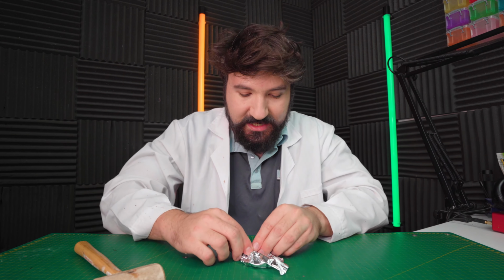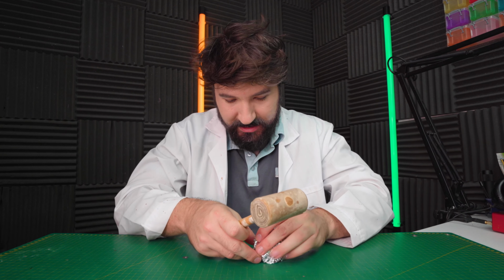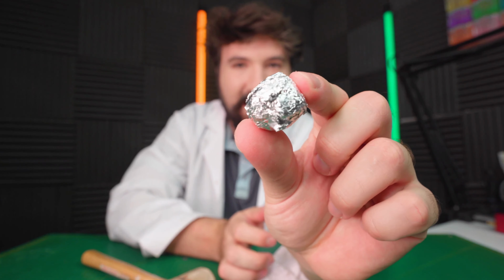Remember, this is just the inside of our ball. So we're going to keep wrapping around this. So we're trying to get a nice shape to start. So that's the inner core. We're going to try and get that as round as possible and then start working our way outwards pretty much